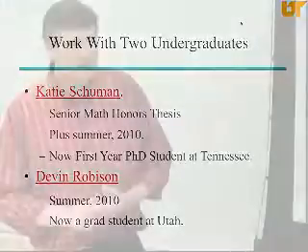This is work that I've been doing basically for the past 6 months or so. It's an area that I've been very interested in, and it evolved from Katie Schumann, these are 2 undergrads. I actually like to do research with undergraduates at Tennessee because I find they're actually smarter than graduate students. They're a little more raw, but they're usually a lot smarter. This came from Katie Schumann's summer research project that she turned into her math honors thesis, and then it got me jazzed up to work on it, so that's what I've been doing. And then another student, Devin, who worked with me last summer, but who's now at Utah.